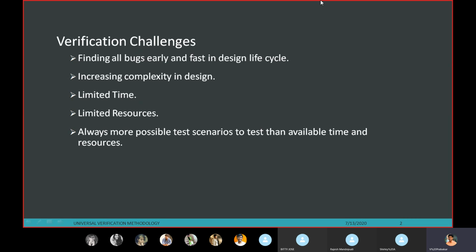Then it increases the complexity in design. So when the complexity of the design increases, the verification process also increases. We have to check more combinations of inputs and we have to check the error scenarios also. So that is a challenge we are facing. The next point is limited time. That means the design cycle completes, and at the same time we have to complete our verification process. So limited time is given and limited resources are available. That means